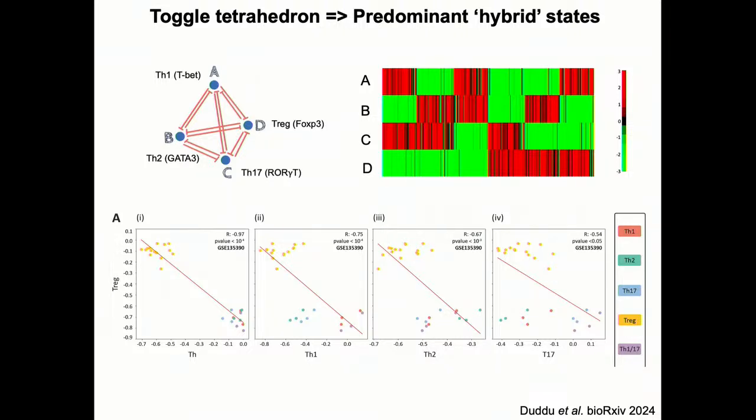So the next question we asked is, okay, maybe this network cannot give us that. Let's look at any other 4 node network. So you take this network, and if you represent it as a 4 cross 4 matrix, where row is the source, column is the target, each element of that matrix can be +1, -1 or 0: activation, inhibition or no regulation. How many possible networks could you have? 3 to the power 16 networks, minus 1, of course.